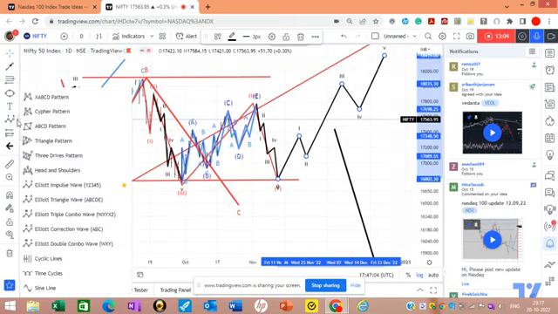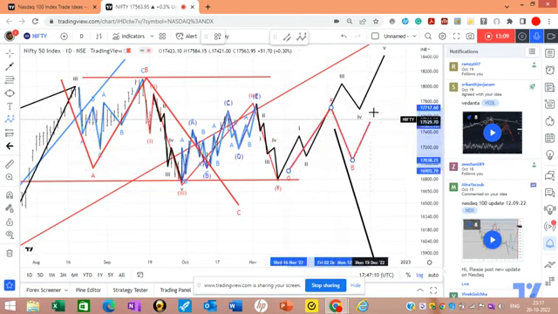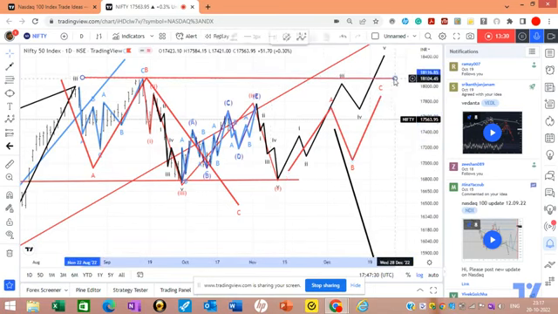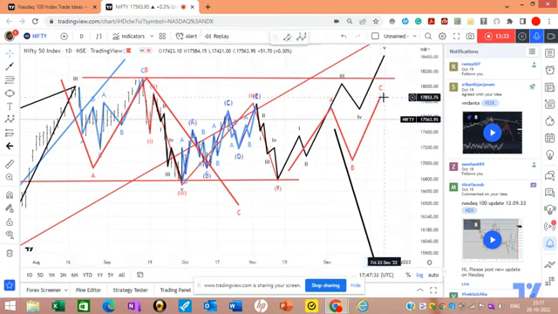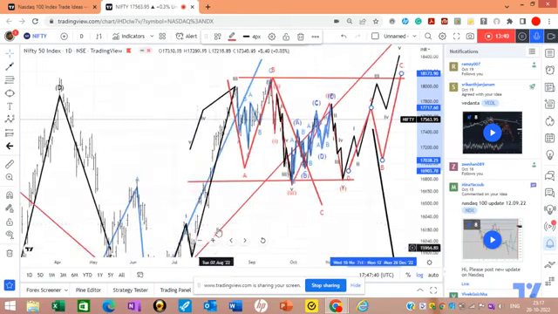Suppose this is a correction. Suppose this is A, B, and C. Then this correction would be wave 2 of wave 3. I mean, we are going to have wave 3 as per my earlier analysis. So this second wave cannot go beyond the start of the first wave. That is why I marked this red line. But if this breaches this mark, the 18,000 mark, then we are sure that we were in the fifth wave.